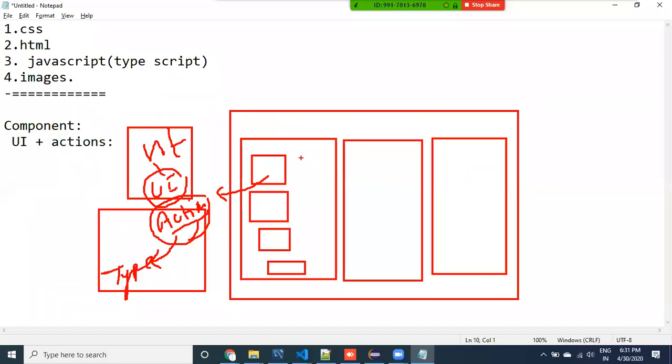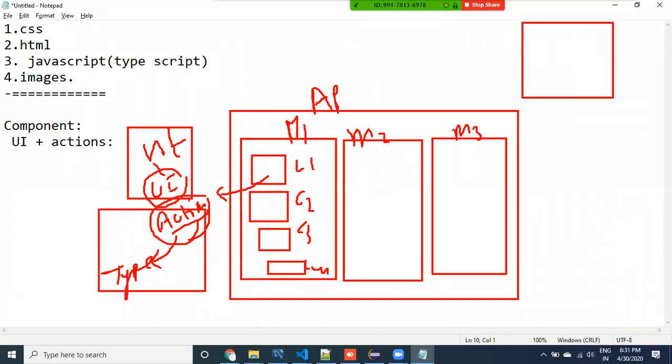Now coming to here, guys, you have to remember that our application is going to be divided into modules. This is module 1, if you want, you can note it down. Each module contains multiple components. This is component 1, component 2, component 3, component 4. Assume one application contains multiple modules, and each module contains components, right? If I want to develop a screen, what do I need to do? I need to create a component.